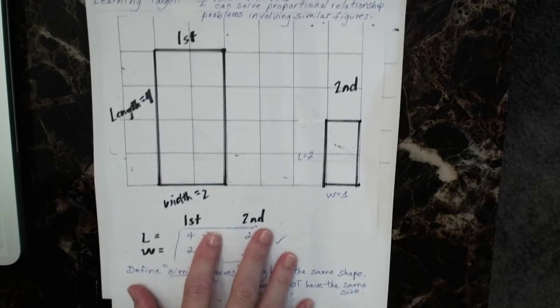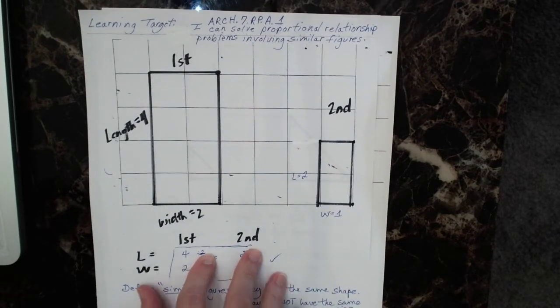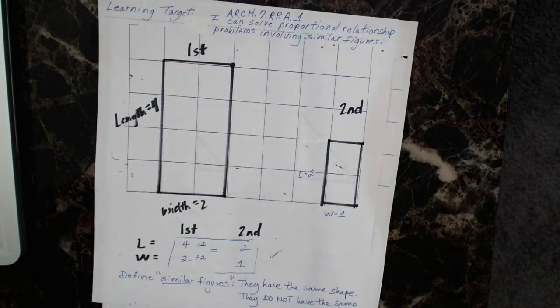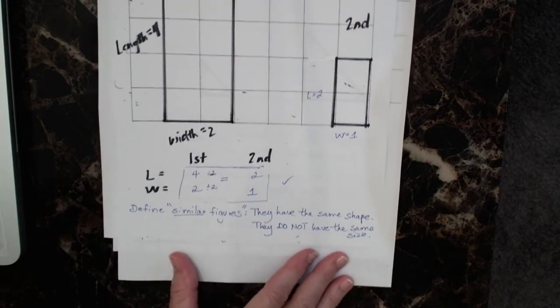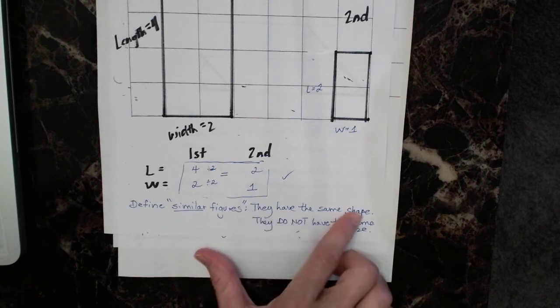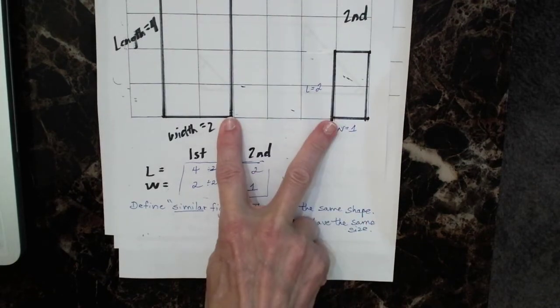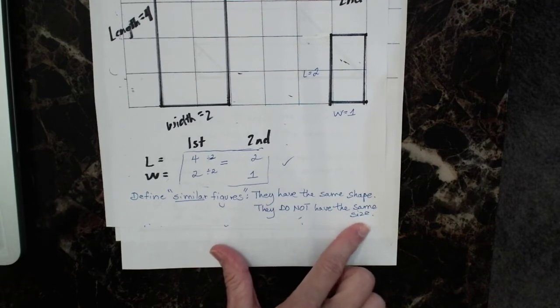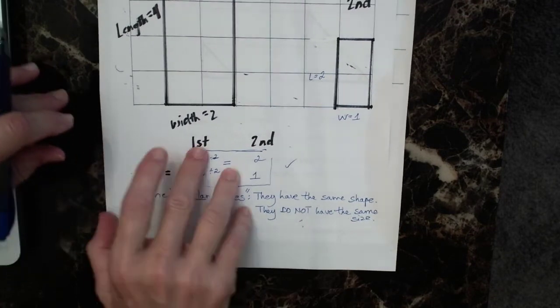As I said in the beginning, in the learning target, we were involving similar figures, and just to give you a little background on that, similar figures have the same shape, you can see that, but they do not have the same size. So let's look at another example